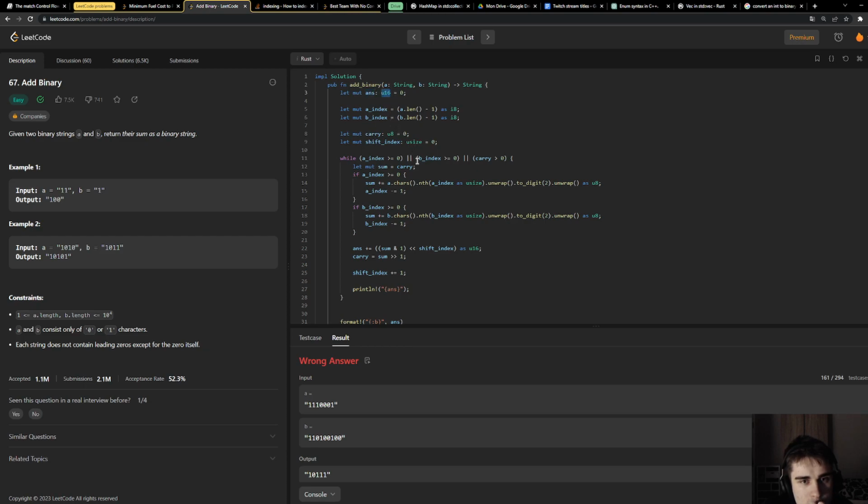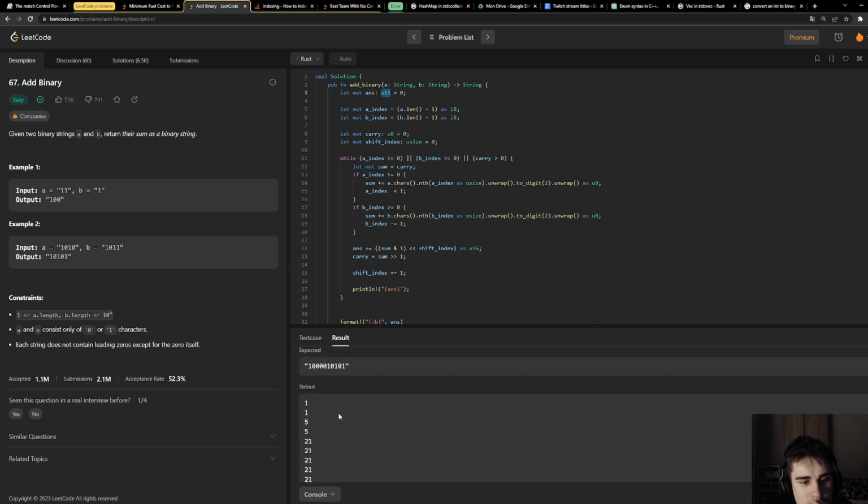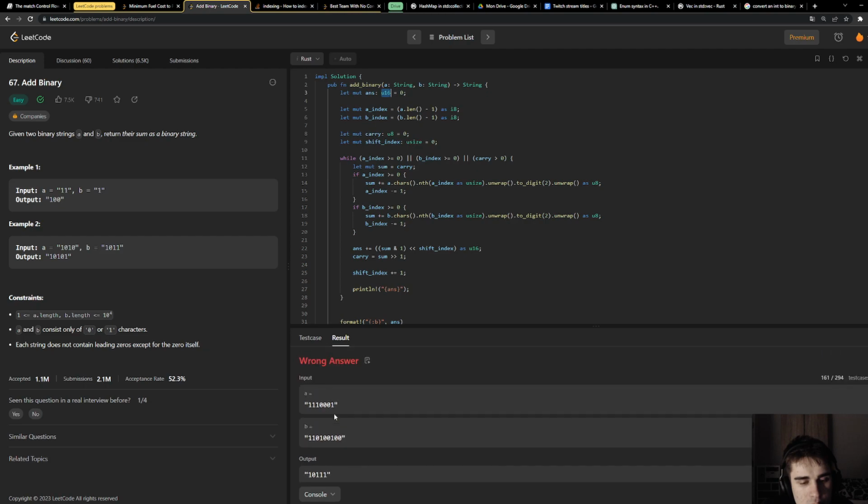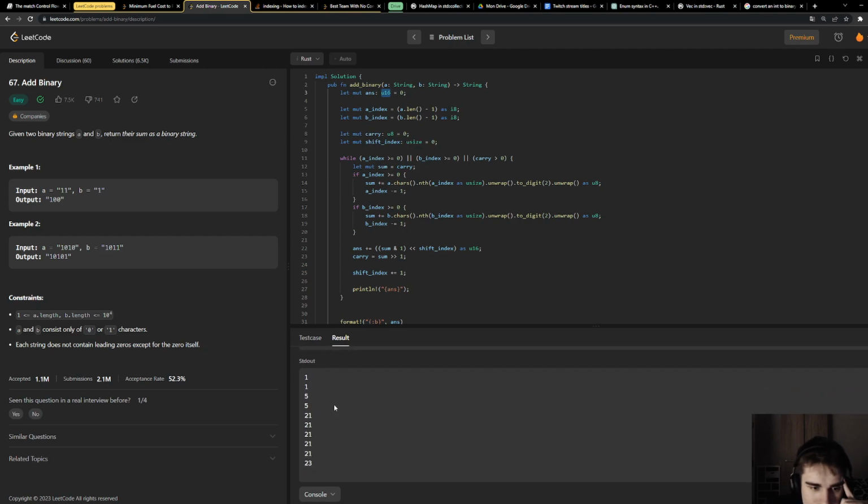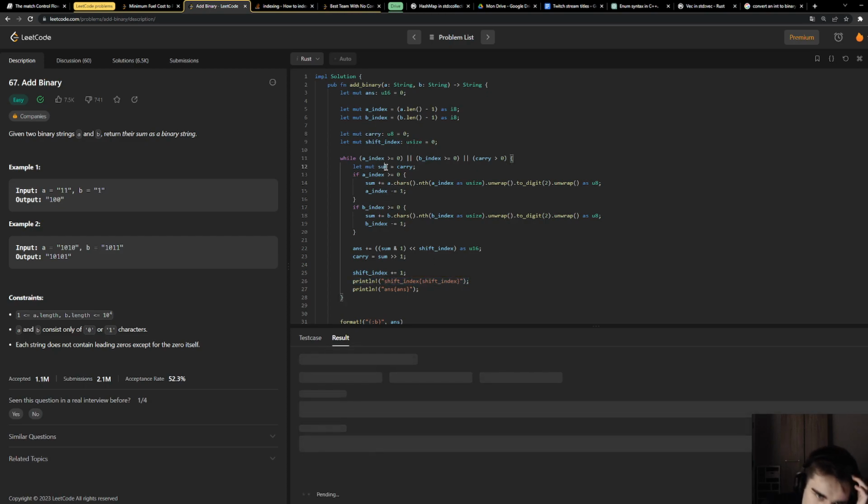U16. What should I debug to understand better? Probably by printing the shift index and see what's there. Sum of 1.